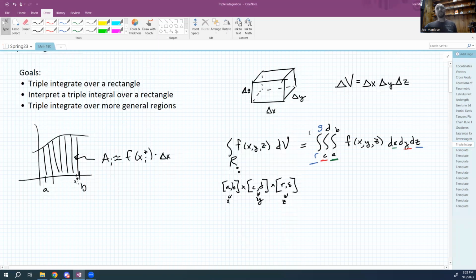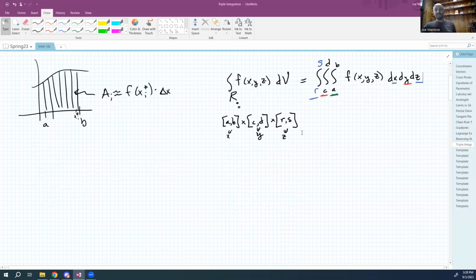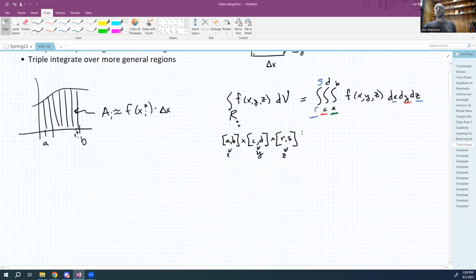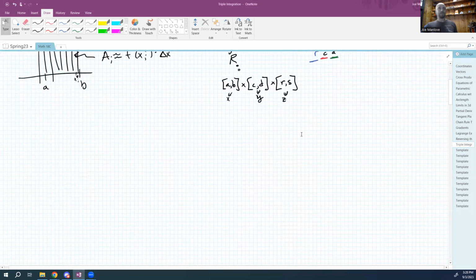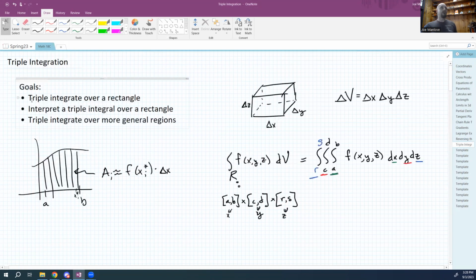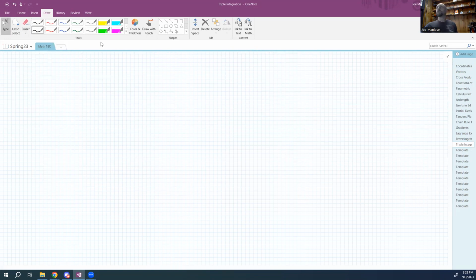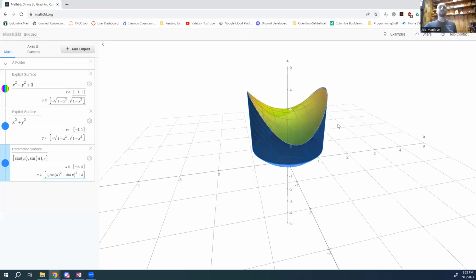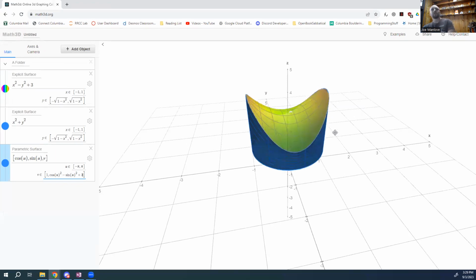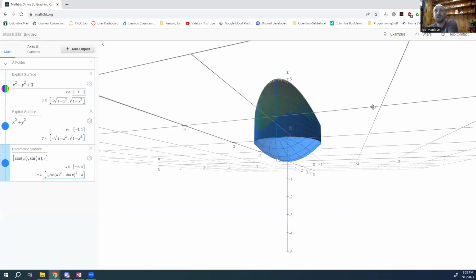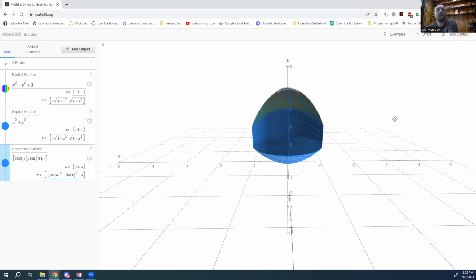Now, there gets to be a little bit of excitement when we're doing a more general region. So that's going to be our triple integral over a more general region. When we're triple integrating over a more general region, let me go get a more general region here for you. Oops, not that one. Here's a more general region. So this is a region in space. It's bounded between a